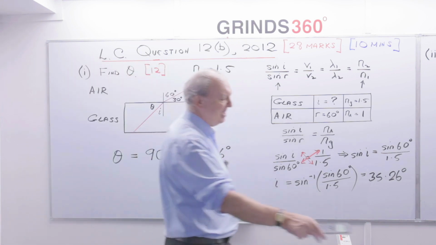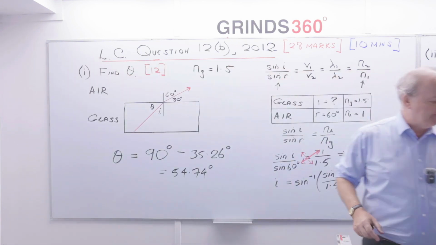Right, let's go on to the second part of the question. The second part of the question says this. What would be the value of the angle theta, so the ray of light emerges parallel to the side of the block of glass? You kind of know what they're talking about there, don't you? So what we know they're talking about here is,